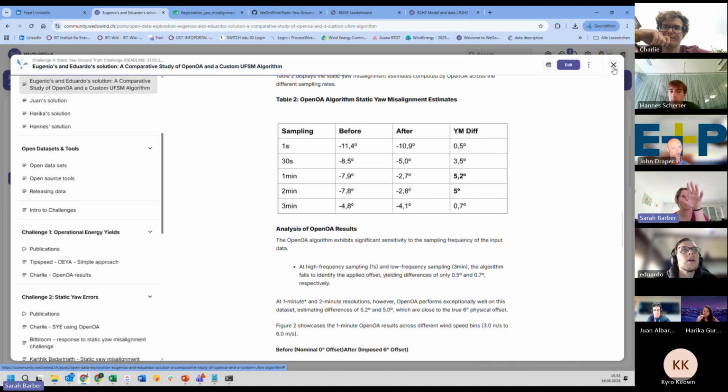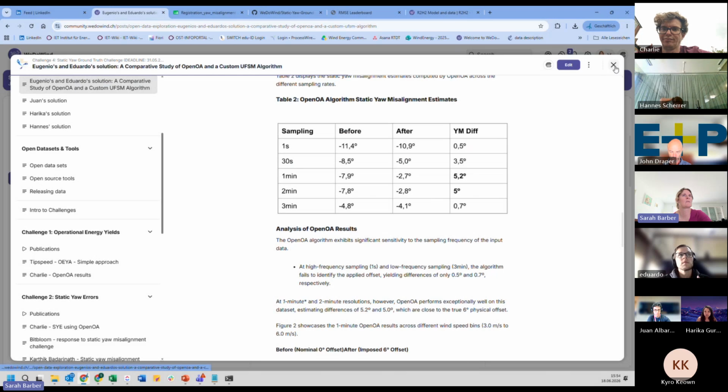So we had the training data set where you knew what the offset was, right? But in the data set there's also a test set, which doesn't have the yaw misalignment labeled, and the idea is that you submit your prediction. You can do it six times: once for each sampling rate, and for the OpenOA and for your method.